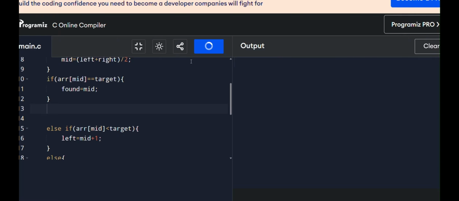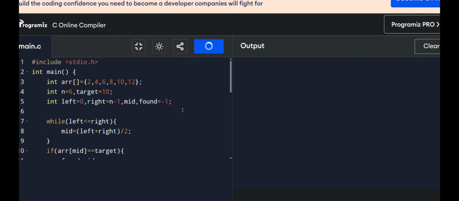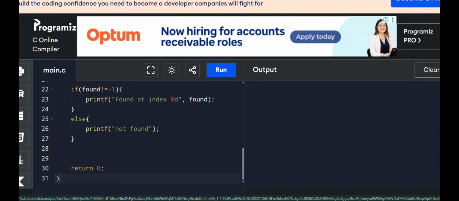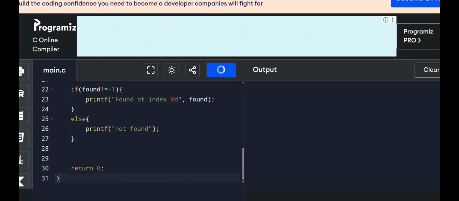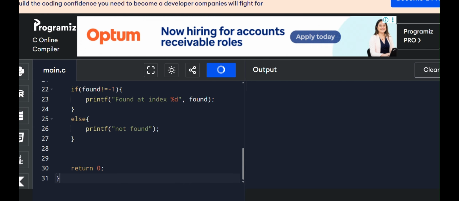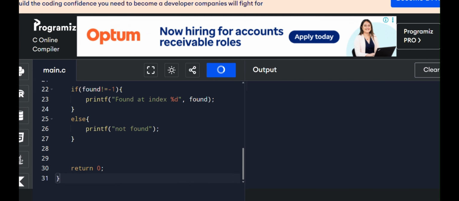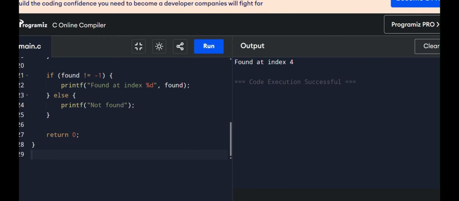Running. What happened? Let's just wait. So we'll run it again. Let's see. Yes, there was a network error. We got a result that